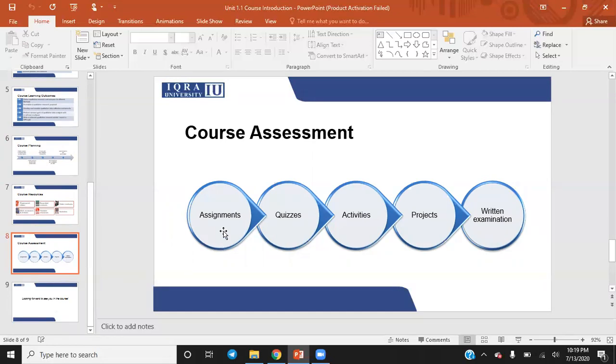If we talk about the course assessment, you have assignments. You will have 4 assignments that you will have to do. For each assignment, you will have around 2 to 3 weeks. You will have quizzes. For each quiz, you will have around 3 to 4 days, and you will have 4 quizzes. So you will have 4 assignments and 4 quizzes. They are around 20 marks each, so that will make up 40. If you talk about activities, you will be doing different activities on the VLE. You will be participating in the discussion forum.